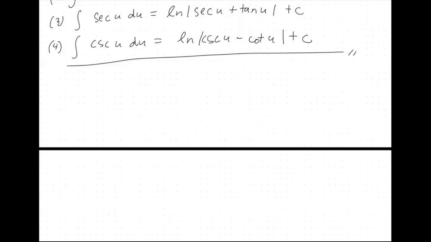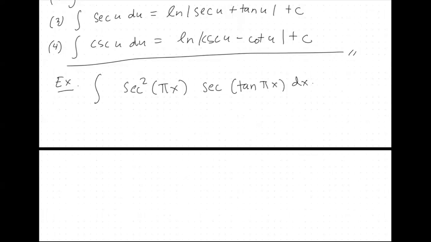Let me do one example here. Of course, it's not always the case that we get sine of x. Sometimes we get sine of 2x, sine of 3x, or sine of pi x, something like that. But here we will do this example: the integral of secant squared of pi x times secant of tangent of pi x dx.